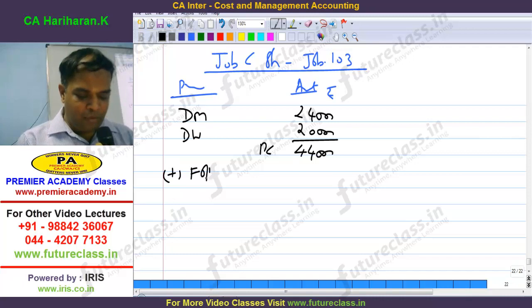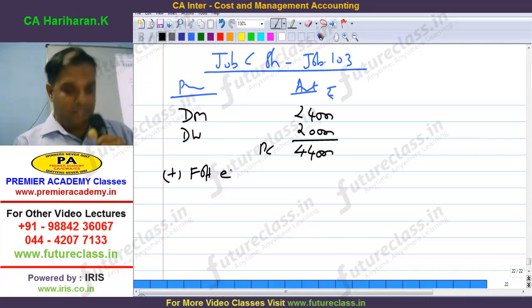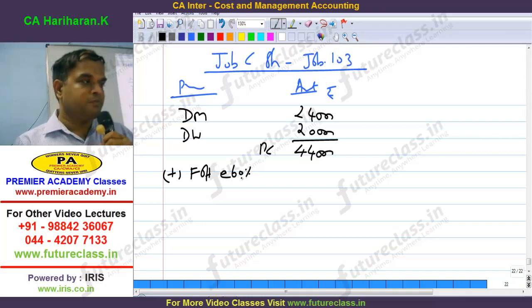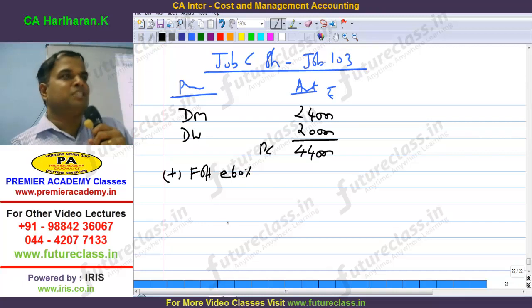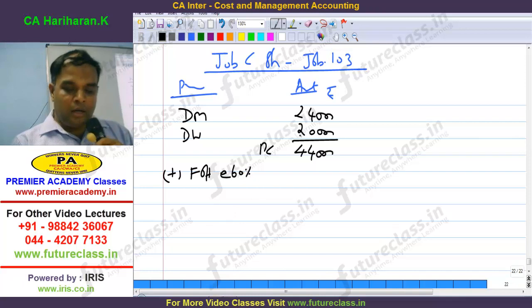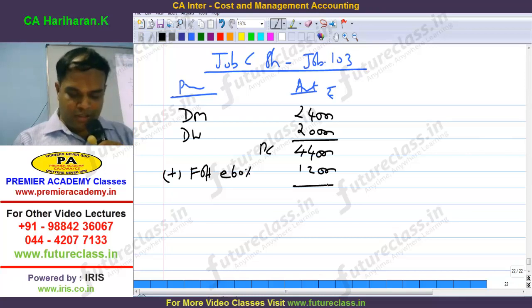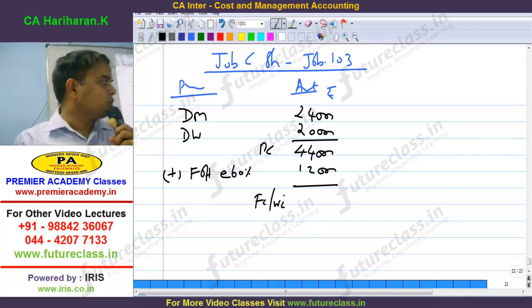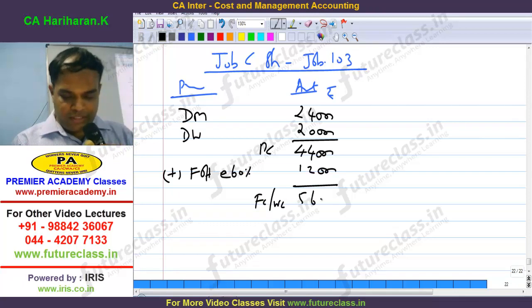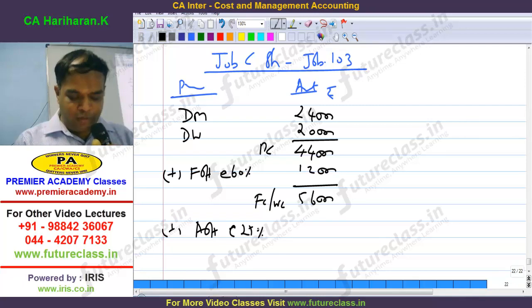Add factory overhead at the rate of what percentage? 60% on direct wages. In all examples we put 50% or 20% on 44,000, but here it is 60% on direct wages, not on prime cost. So 20,000 into 60% is equal to 12,000. Therefore, factory cost or works cost comes to 56,000. Good. Add administrative overhead at the rate of 20% on factory cost, which comes to 14,000. Therefore, total cost of production